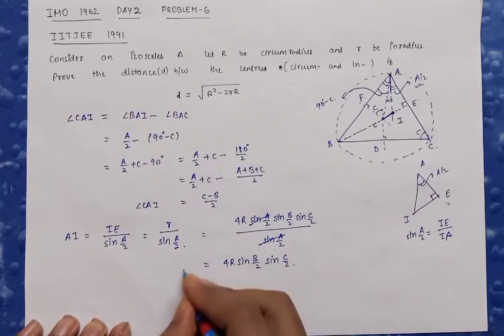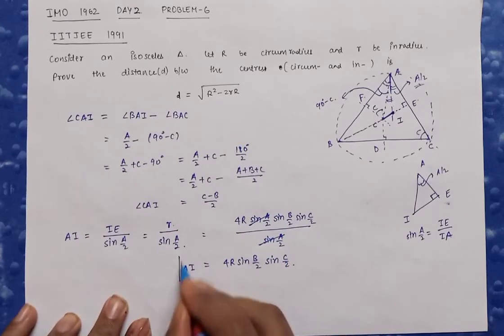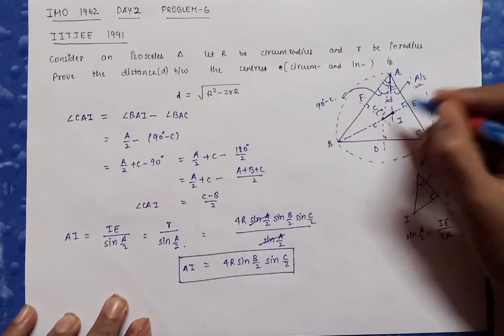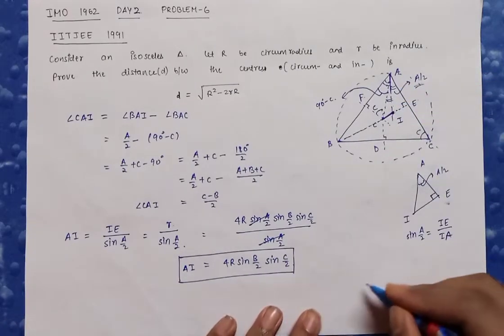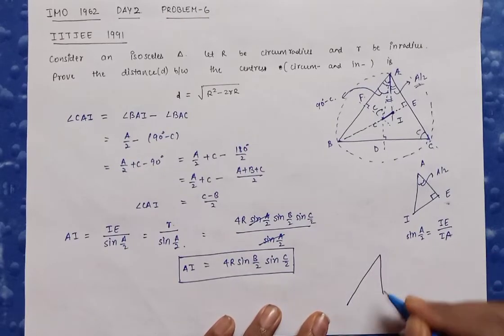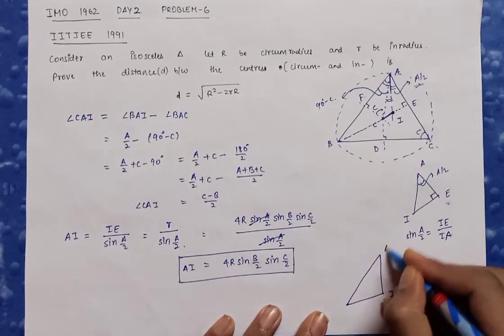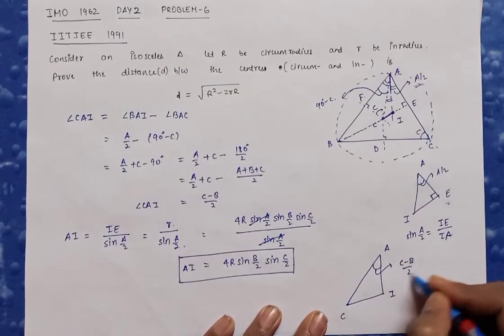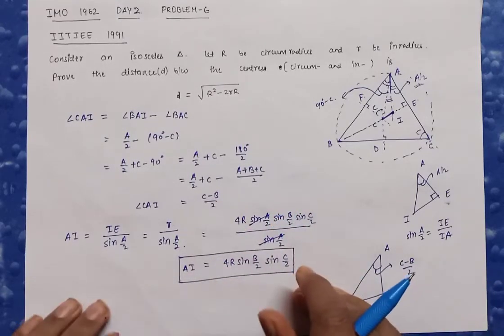Now we have got the length of AI and we also have the angle, that is angle CAI. So let's draw the triangle ACI. This is I, this is A, this is C. This angle is (C minus B) by 2 as calculated here,